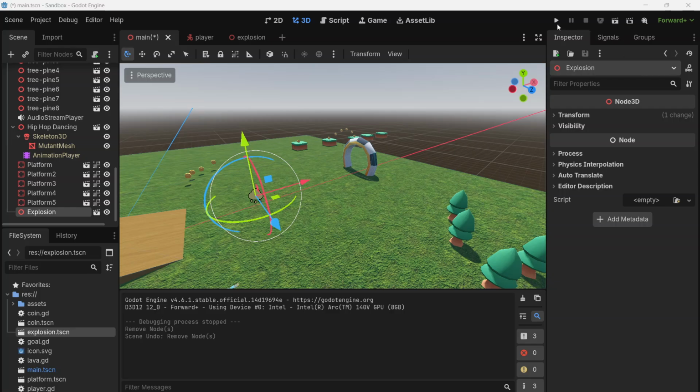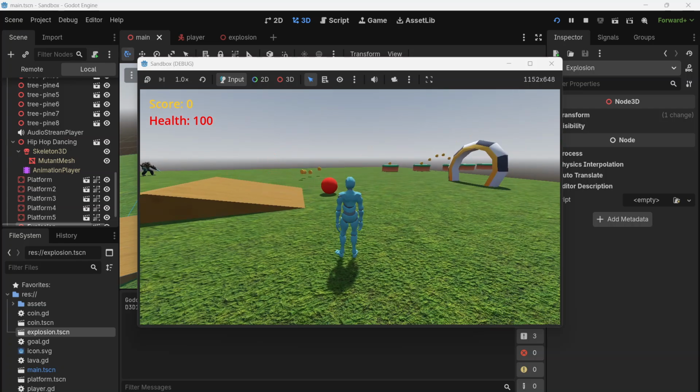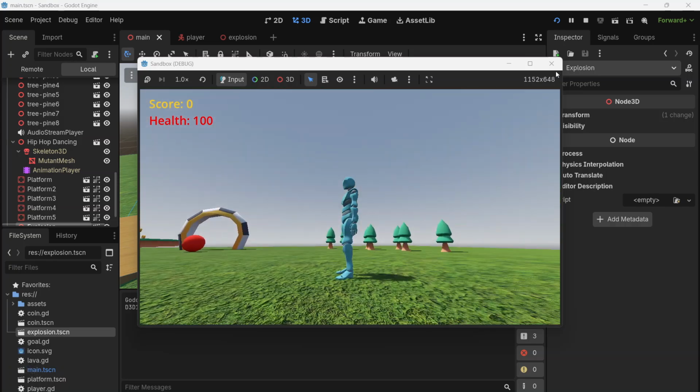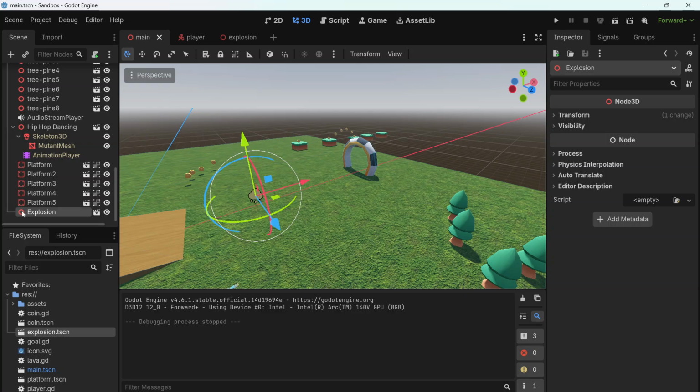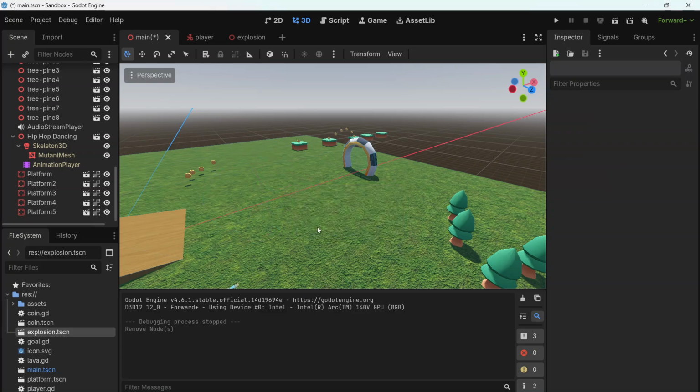So we've got this really nice explosion in Godot now. We've got an expanding ball, we've got a bunch of particles coming out of it, but I don't want it to happen at the start of the game. I want it to happen when my ball reaches the goal. So I'm going to delete this example copy that I've been experimenting with, and I'm going to instantiate a copy